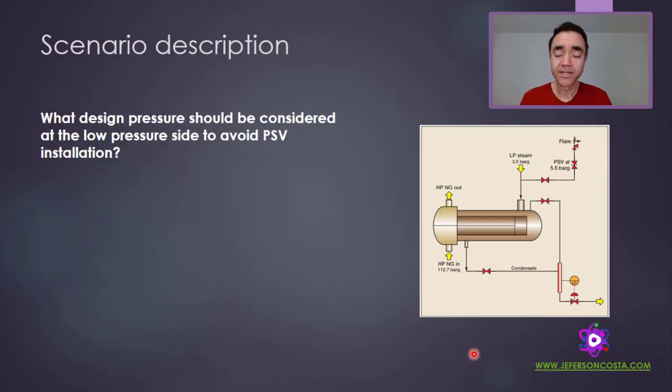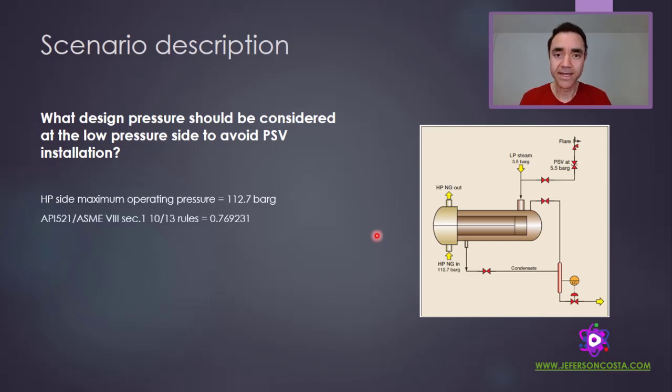The first thing that you must do when you are dealing with chemical process engineering plant design is to collect the process variables and process properties of the fluids. So in this case, we need to set the maximum operating pressure of the system, in this case the high pressure system. Let's assume that this information here is already the maximum operating pressure of the high pressure natural gas.